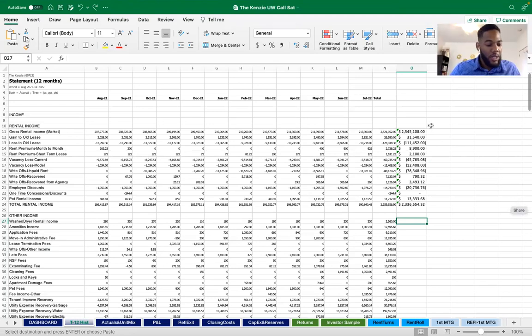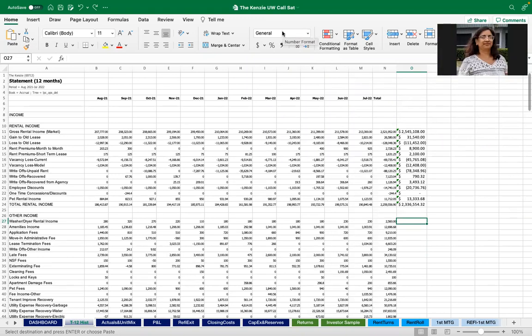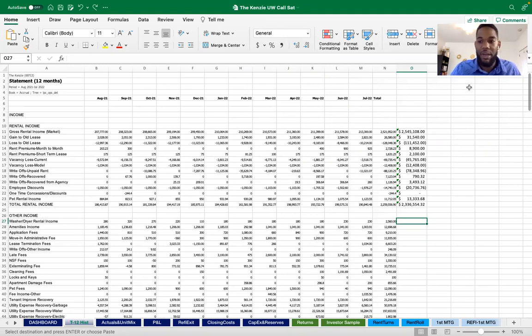Appreciate it, Jeff. Yes. So we usually look at the income on a T3 annualized basis, and we usually look at the expenses on a T12 basis. So we look at the income on a trailing 3 basis, and we look at the expenses on a trailing 12 basis. And anyone want to share why we look at it on that basis? Because lenders look at it like that. There we go. Awesome. Thank you. Yeah, that's 100% on the money. We look at it like that because that's how lenders would look at it.